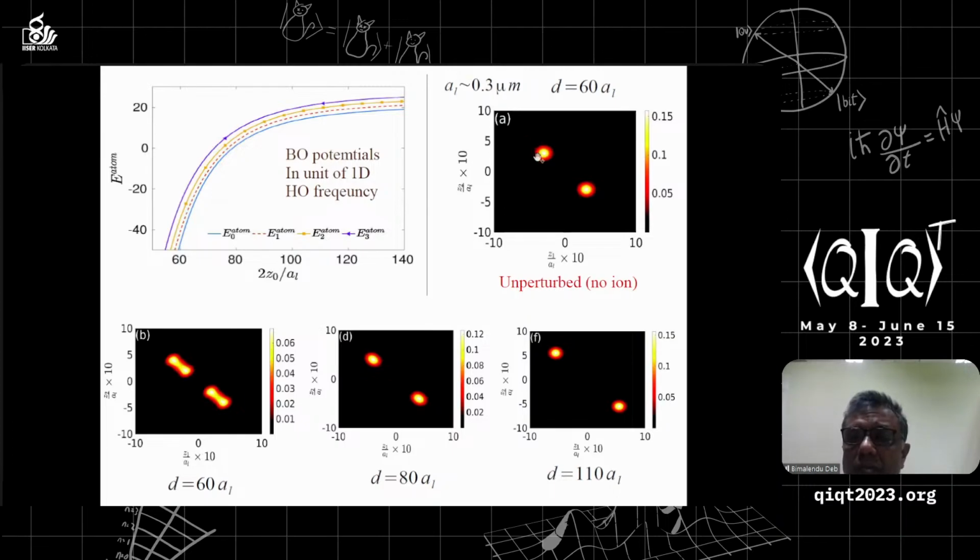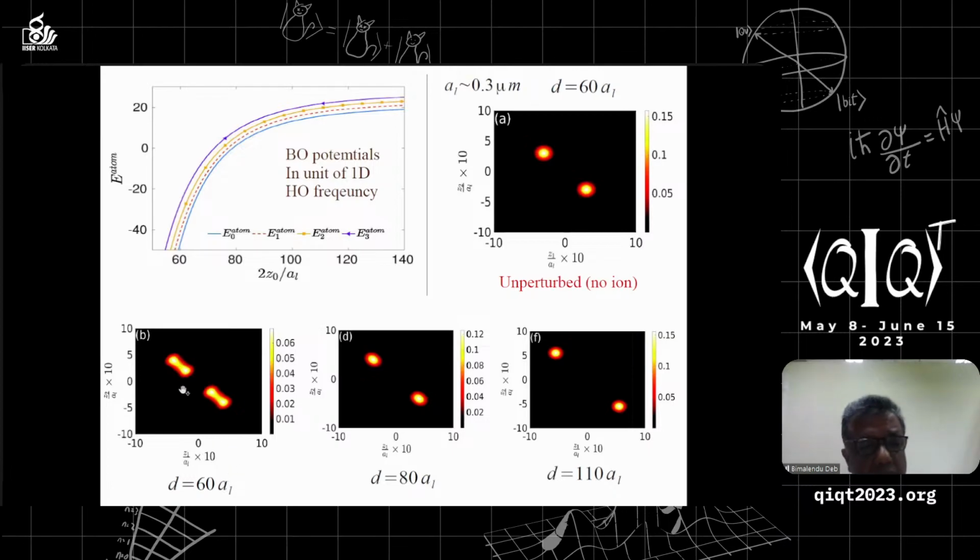Then we have this symmetric probability distribution, basically the mod square of the ground state wave functions. Here the distance between the two atom traps is 60 AL, so about 18 micron. Now, if we introduce the ion between the two atoms,